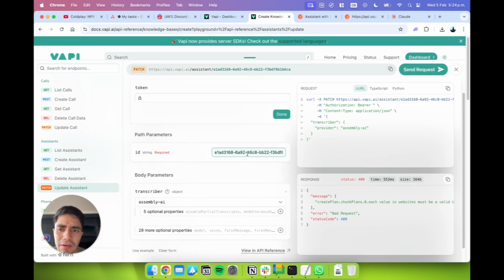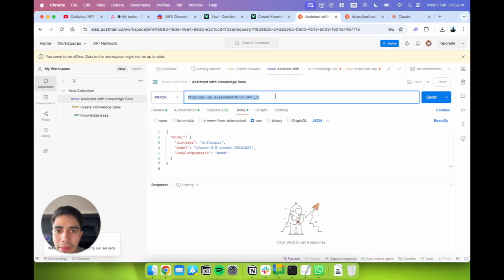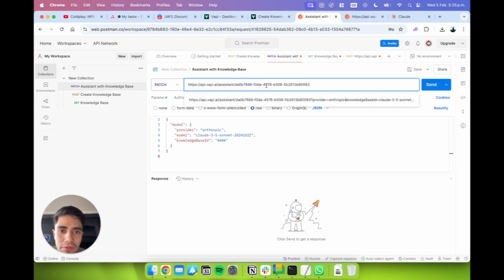If you enter it in this part that says path parameters, it's just going to help you generate the code. Just another way to do it, doesn't matter. Either way, what you have to do is just copy this URL up here with the new updated assistant ID, which is the text in green. Also included in the description, just find it there and make sure to edit the part after the last /